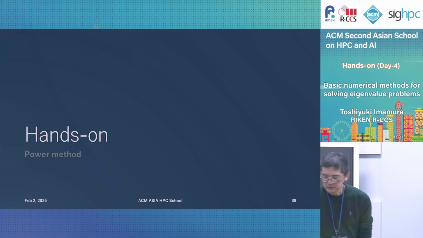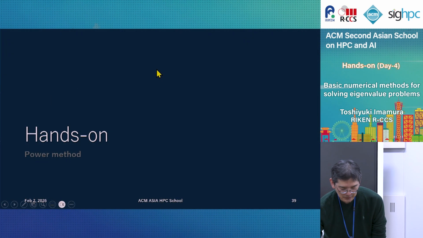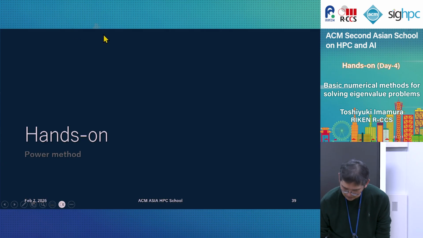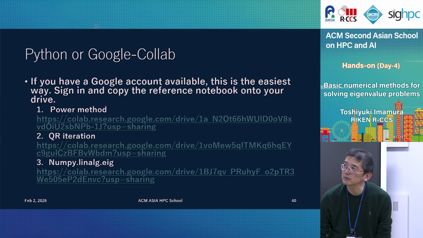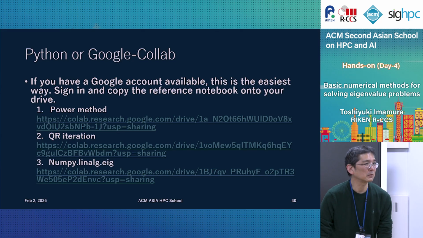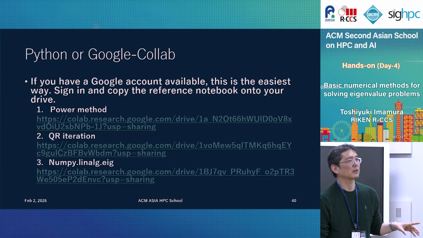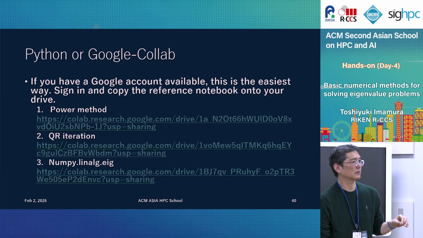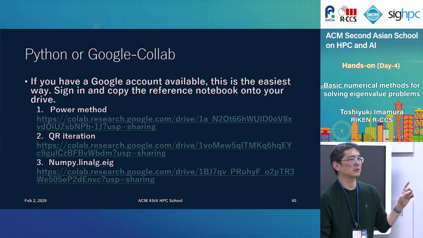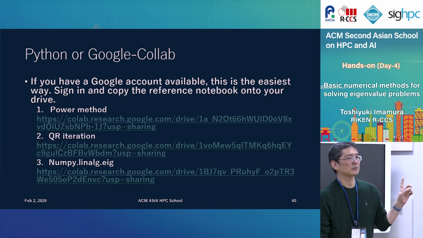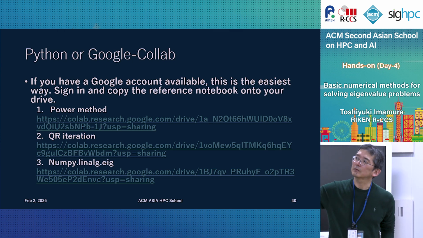So for the setup, we should also set up some system. It depends on your availability. If you have any Google account available, please raise your hand. Okay, so yeah,